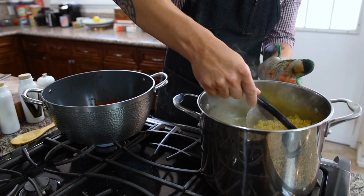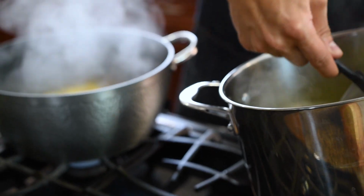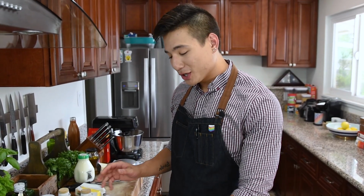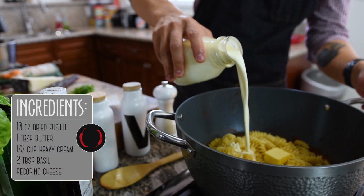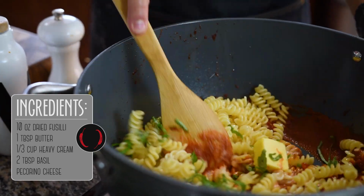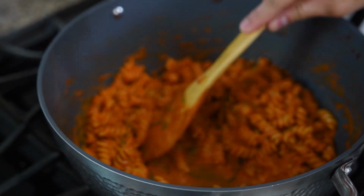All right, so our pasta is just shy of being done. So what we're gonna do is turn off the heat on that, and add it directly into our pasta sauce. Once our pasta is in the pot, we're going to turn on the heat to low, and then add 1 tablespoon of butter, 1/3 of a cup of heavy cream, and a small handful of chopped basil. We're going to add just a touch of our pasta water, and then once everything's combined and the butter is melted, we're going to plate